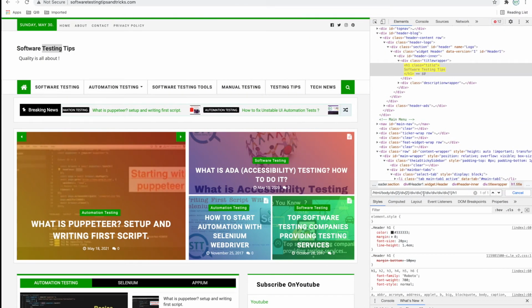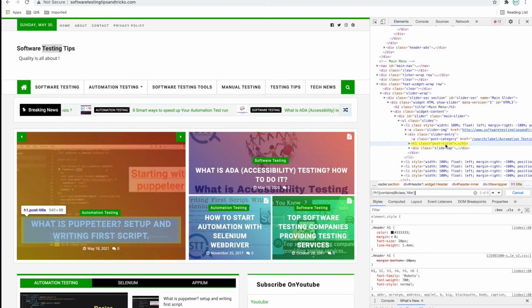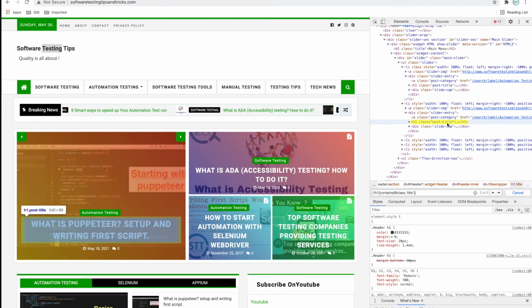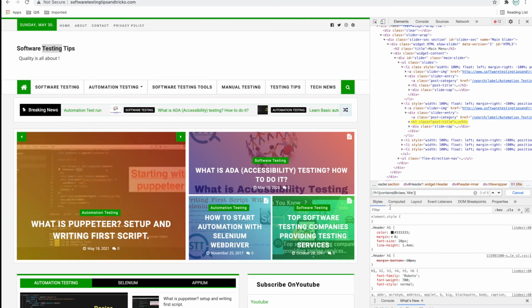So here h1 class, and you can say title. See, it is now showing all six because the others also contain class title. So contains will take it if any of the word matches, it will show that.